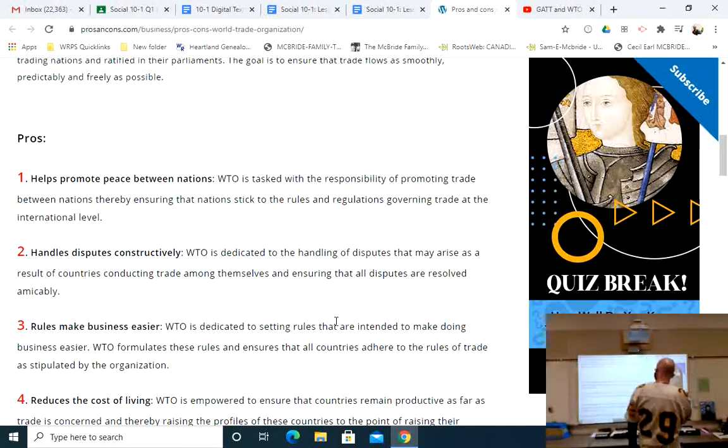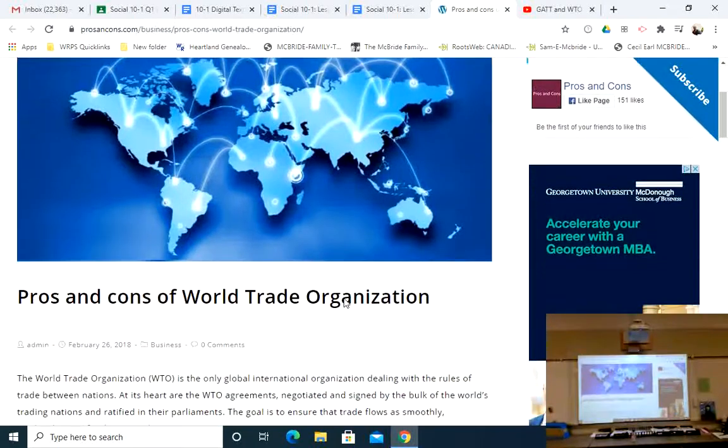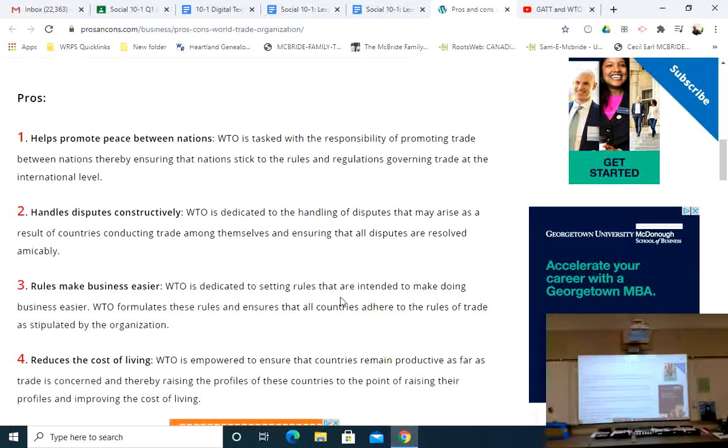So we're going to look at some of the pros and cons of the WTO, and then we'll look at some protests against it. One of the pros of the WTO is that it helps promote peace between nations. The WTO is tasked with promoting trade between nations, thereby ensuring that nations stick to the rules and regulations governing trade. So they establish rules,